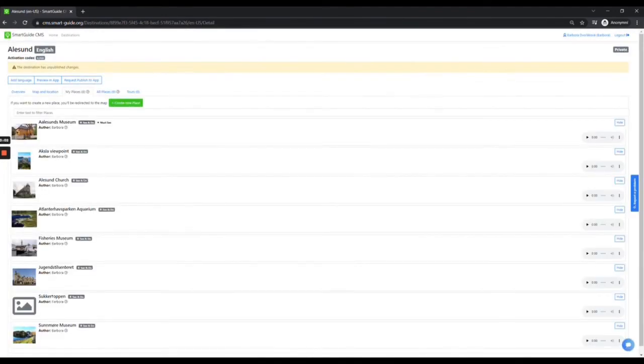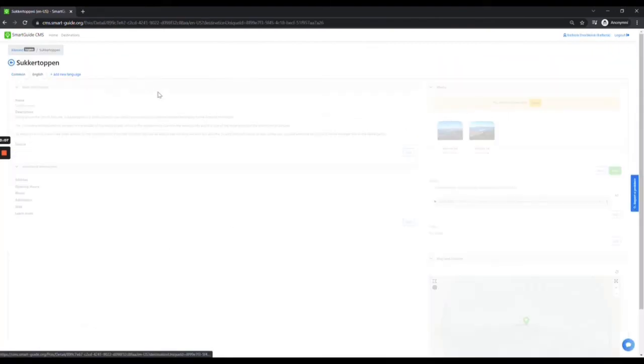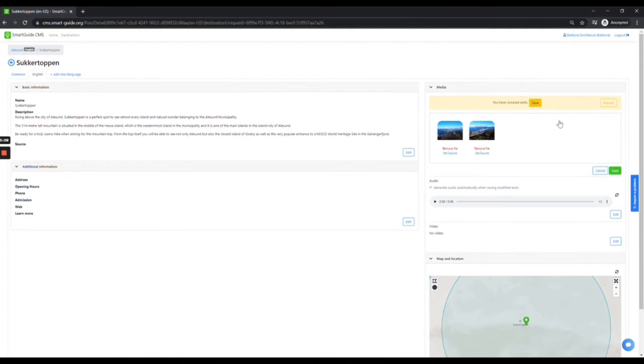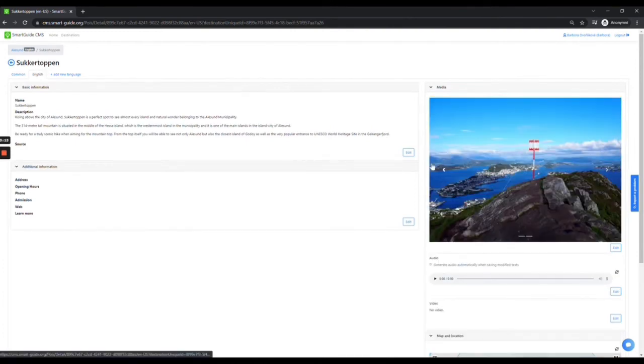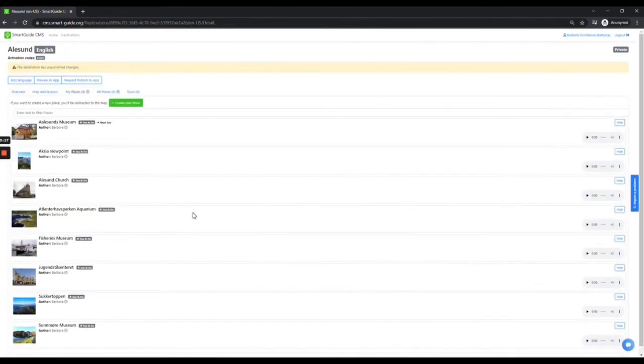I just realized that here I'm missing the photos, and I think I didn't save it. Here you can see that it's unsaved, so I will just save it, and now I have the places. So we are ready to create the tour. How to create the tour? Well,